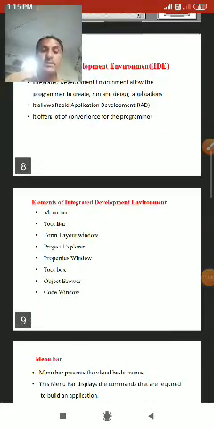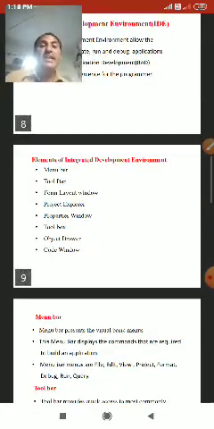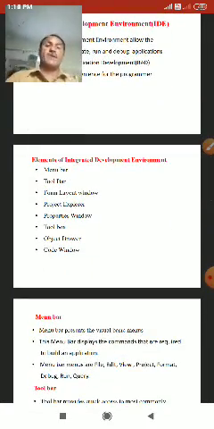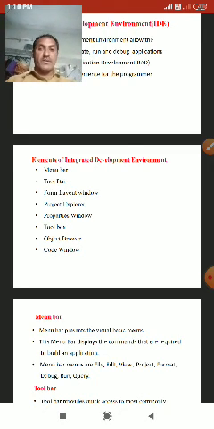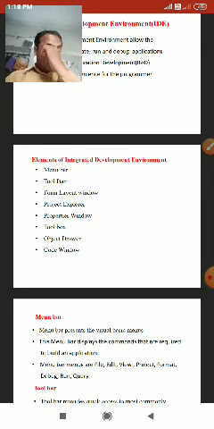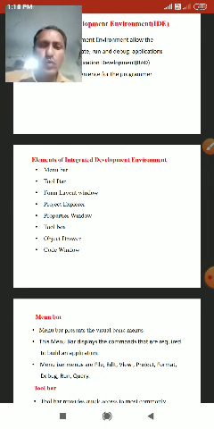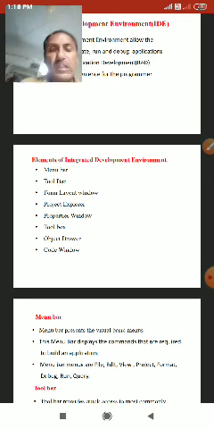Next, elements of the integrated development environment. The integrated development environment has some options.